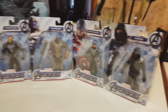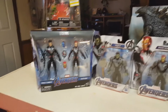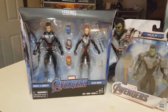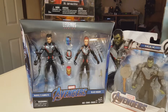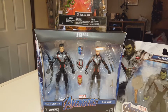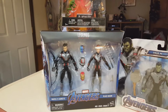Alright, so I guess this went according to plan. I actually wanted a lot of the Marvel Legends, especially that Walmart exclusive of Loki and Corvus Glaive. I went to a couple different Walmarts. It looked like they did not stock them yet or refused to stock them. One of them I went to actually missed out on, because I think they actually had them in this display full of Avengers Endgame figures, and I guess I missed my chance to get that 2-pack, but eventually I will